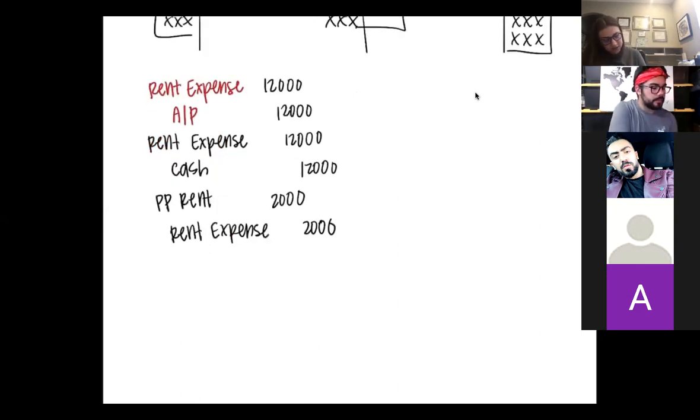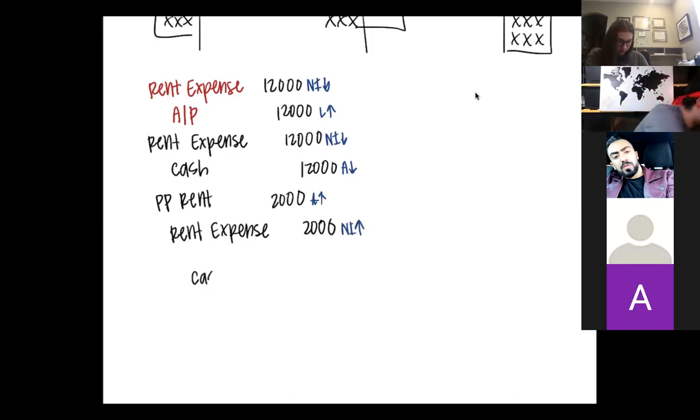So for this, let's talk about it. Crediting AP increases your liability. This decreases your net income. This decreases your assets. This increases your assets. And this increases your net income because you're unexpensing it, right? So let's